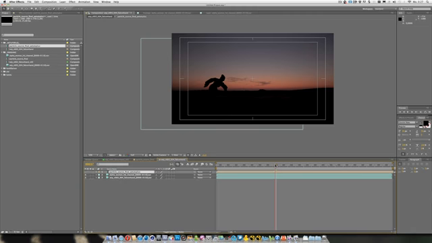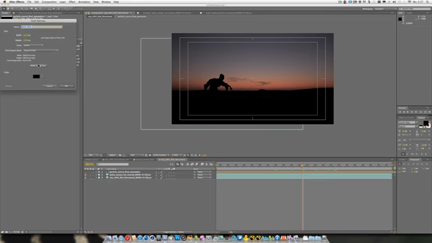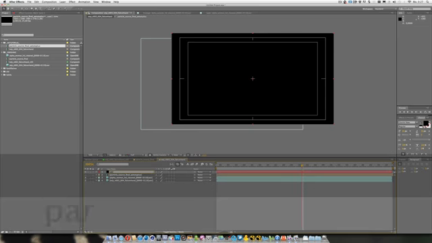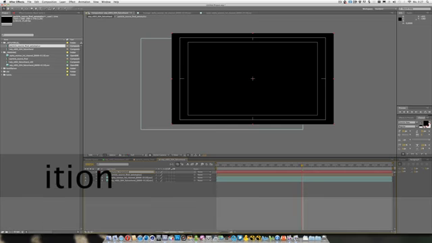Okay, I'll just switch that off, as we don't want this white layer to be visible for our eyes, so we just want that to drive the particles. For the particles, we just add a black solid at comp size. We just name it particles transition,